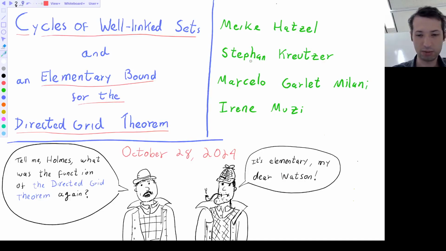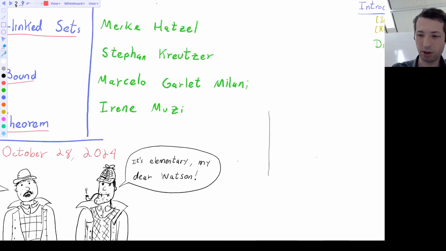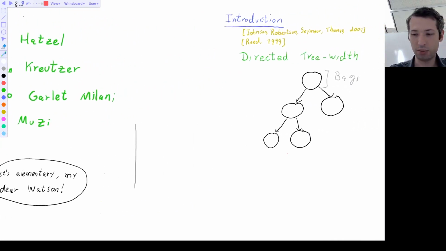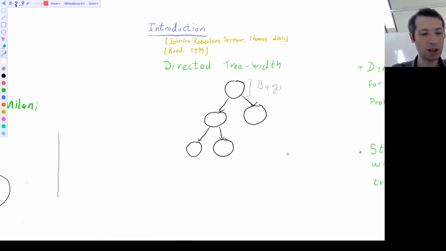So before I can tell you about what exactly our results are, I want to give you some introduction about the context in which our results happen, and they all start with the parameter of directed tree width. So what is directed tree width? This parameter was introduced around 1999 and 2001, and it works in a way which is somewhat similar to undirected